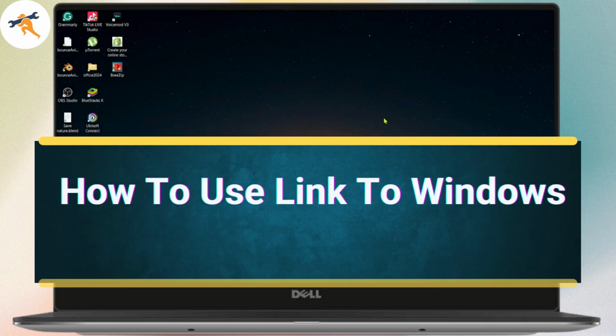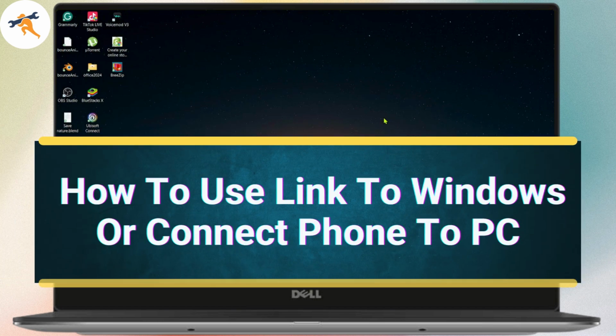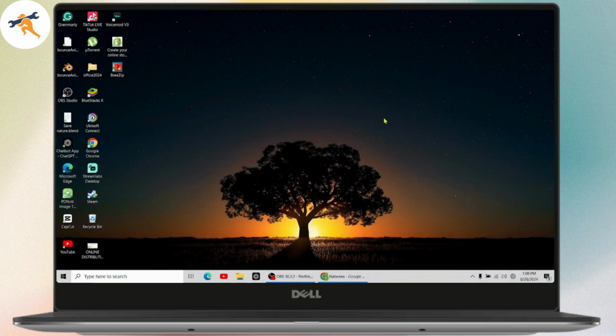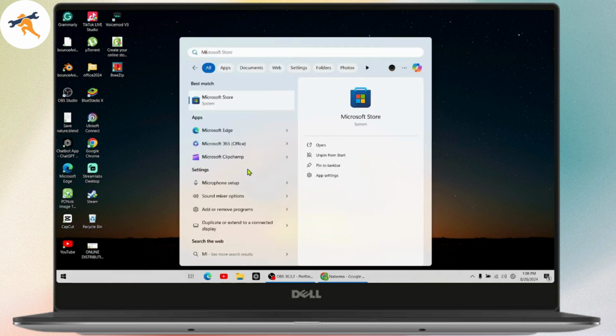How to use Link to Windows or connect phone to PC. So if you want to use Link to Windows and connect your phone to your PC, then just follow the steps. Make sure that you have a stable internet connection, and then you need to go to your Microsoft Store